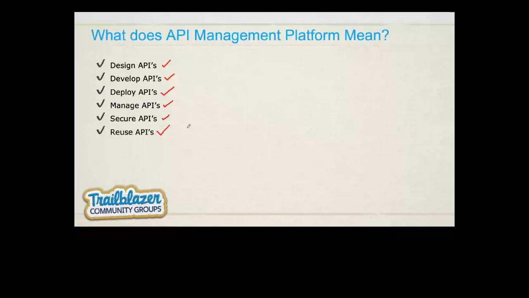So we develop the API the first time, and then we reuse it, like in Apex, if I talk in Salesforce terms, where you have code and reuse it across multiple methods. That is how we can reuse APIs. There are some existing APIs that you can reuse, and there are some APIs that you can develop and then reuse inside your organization or for a client that you are working for.